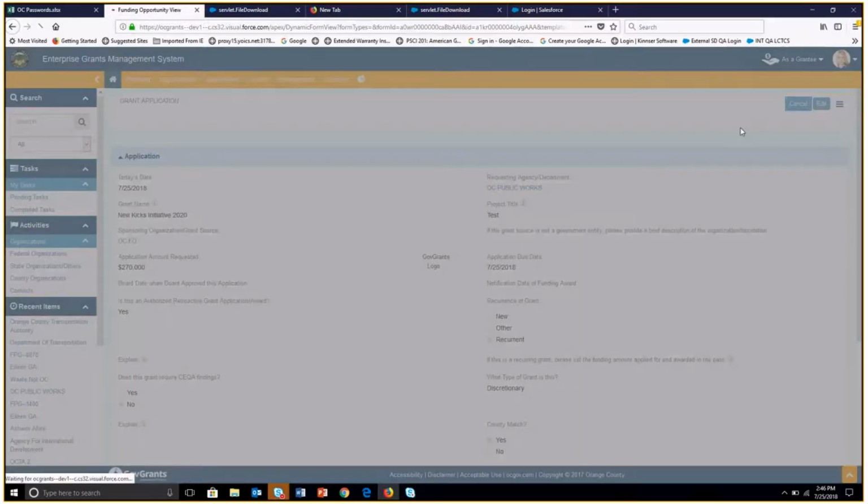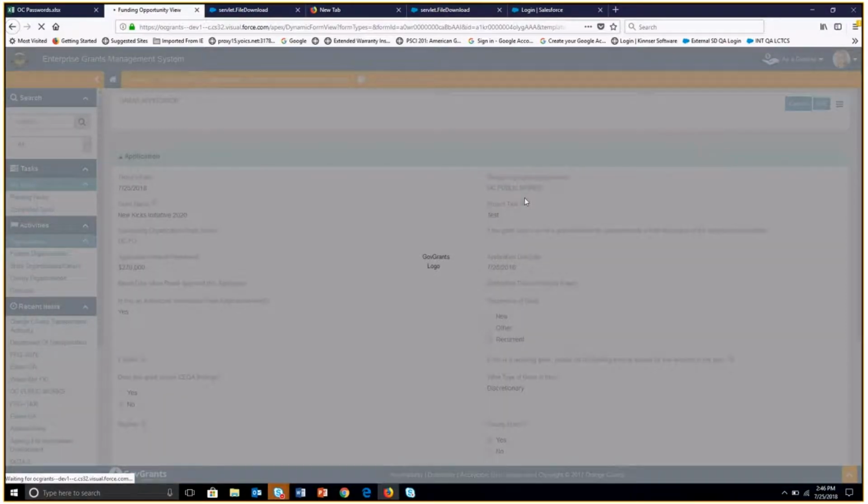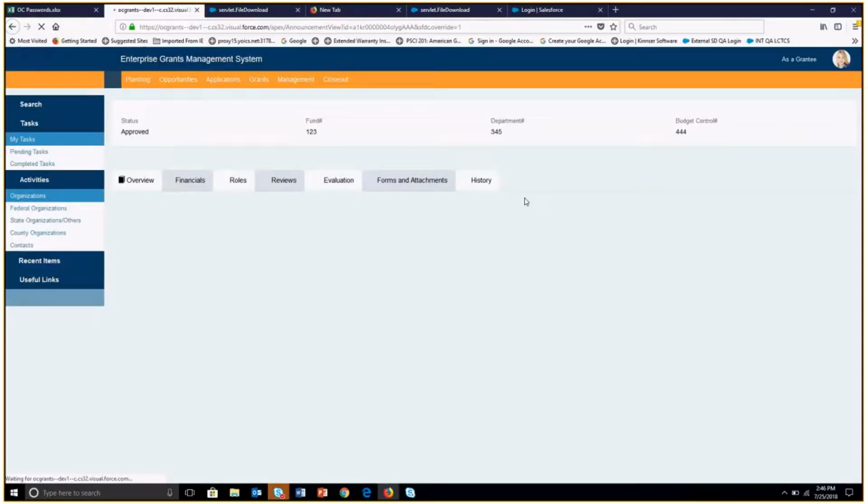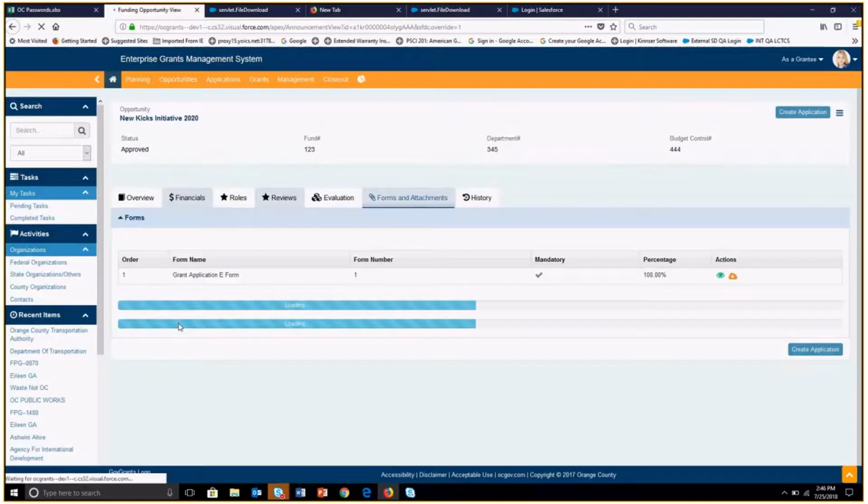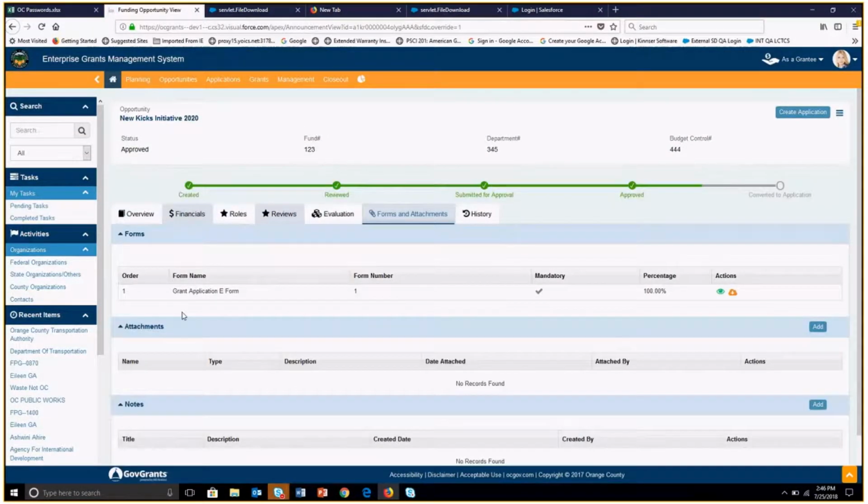Okay, so let me go back. So the next step now, you completed this. Once you receive notice that this has been done, you can go ahead and you notice in this case it's create an application. Okay, I know I have one. You have an opportunity also to create